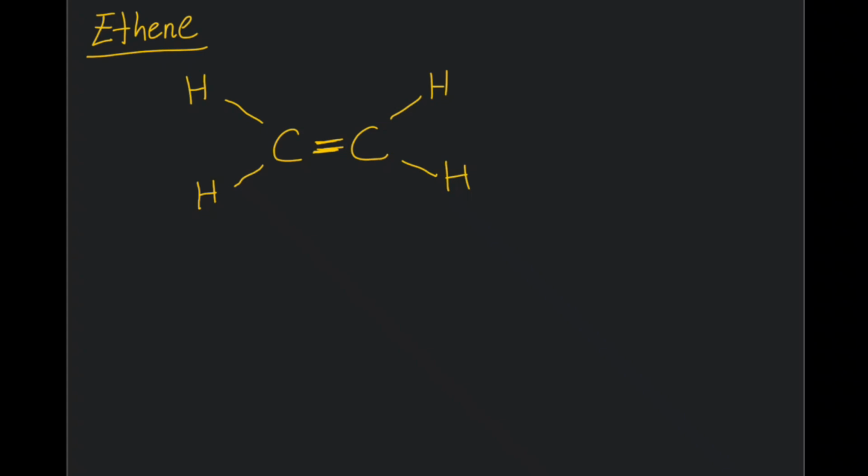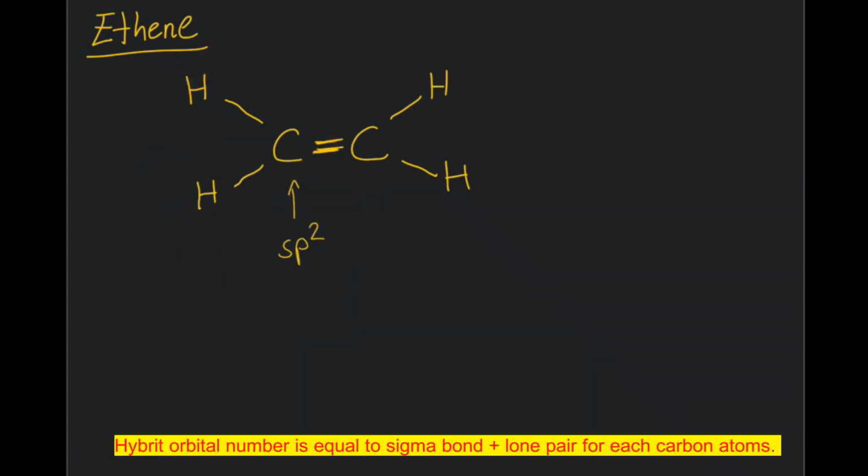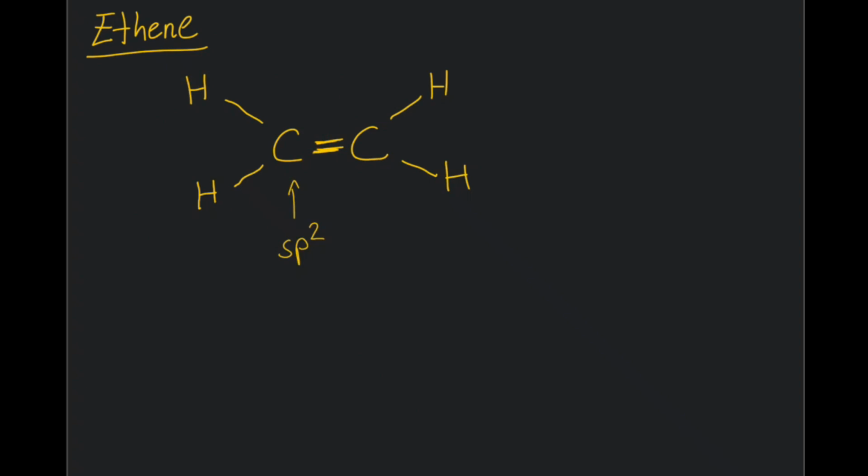Firstly, we need to know the hybridization of this carbon. We will count the sigma bonds, and it is 3 for this carbon. I will just look at this part. We have sp2 hybridization for the carbon atom,